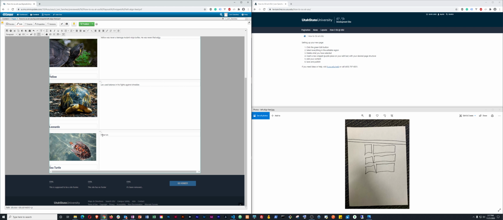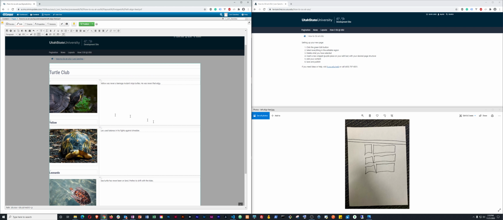We will very carefully delete the lorem ipsum and write: sea turtle has never been on land. I don't know. This sea turtle has never been on land. Prefers to drift wherever the waves take him. Man, totally gnarly. Finding Nemo, that was funny. Prefers to drift with the tides. There we go. Once we've gotten everything done, we'll save that up,